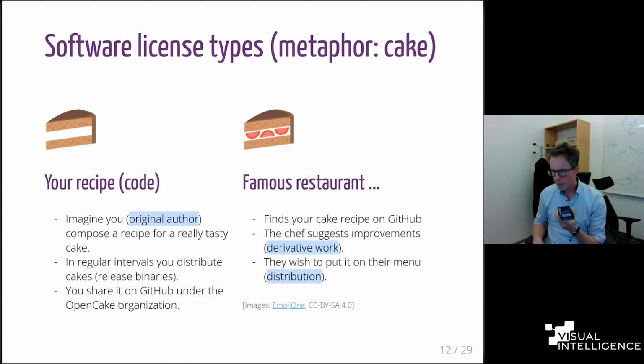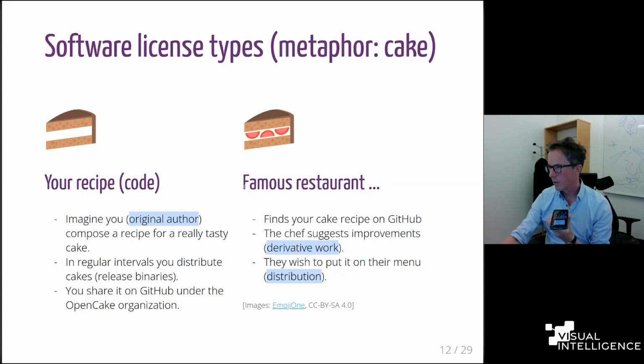All right, I have maybe not much more than 10 minutes left, but I wanted to give you an overview of the license types. I like to explain that with cakes because I think that's more relatable than legal text. We will get a good overview of the different types, and later this will also connect nicely to the data licenses. You can imagine that you have a cake recipe, and it's like code. Code is recipes. You are the original author. It's really tasty. People like it. You share it on GitHub under the Open Cake organization,